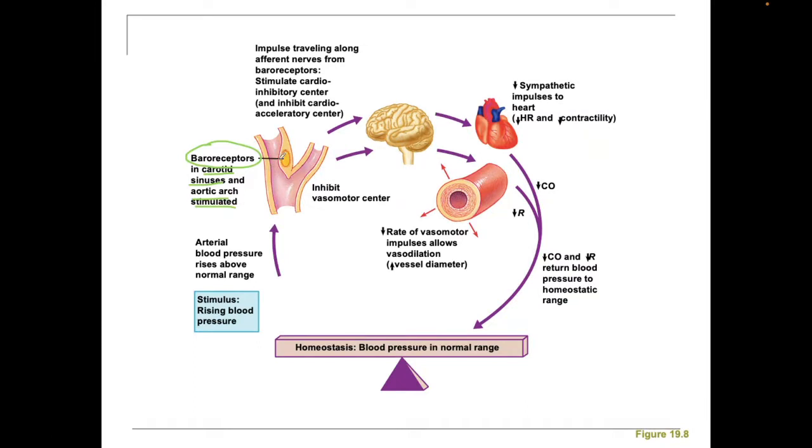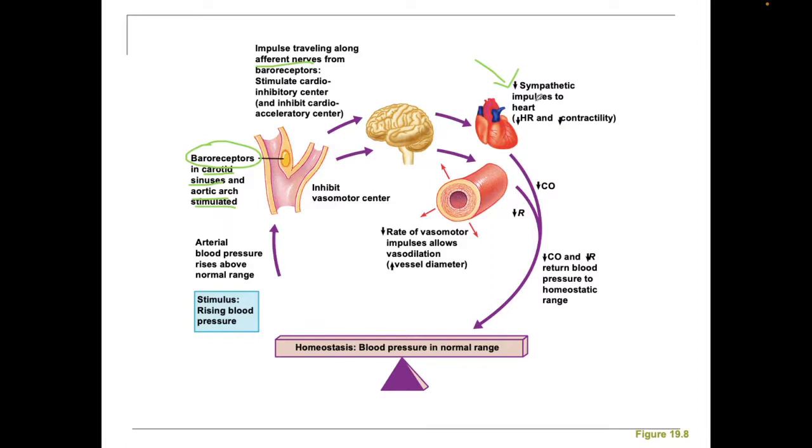Okay. Now, when it picks up, hey, we've got too much pressure going on here. We don't want to have a heart attack. We don't want to have a stroke. Let's try and decrease the blood pressure. So the impulses are traveling along afferent nerves. Afferent means sensory nerves. From the baroreceptors, they're going to stimulate the center within the neural system. That's the cardioinhibitory center. So the neural system is going to send signals to decrease the sympathetic output,